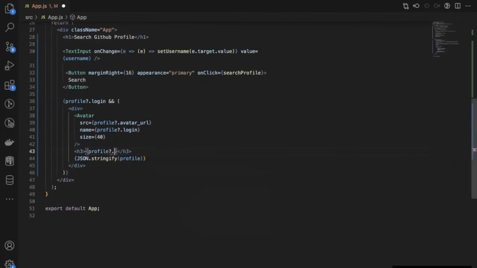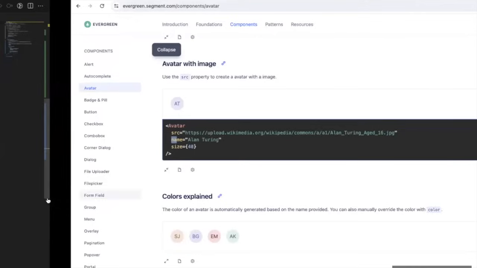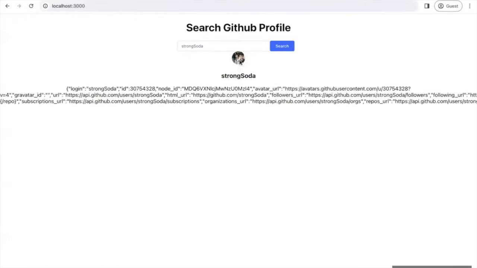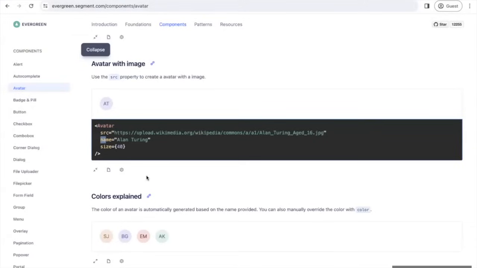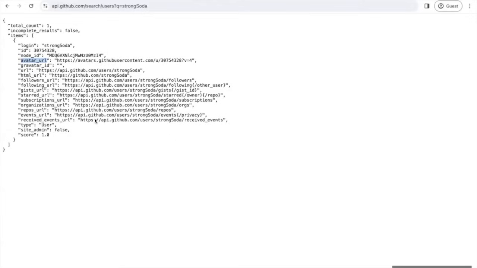So we'll render the login, which is the username. Okay. We'll also display some other information like the followers, the total followers, the total repositories, right? And to do that, we need to call these API endpoints to grab that data. Okay,